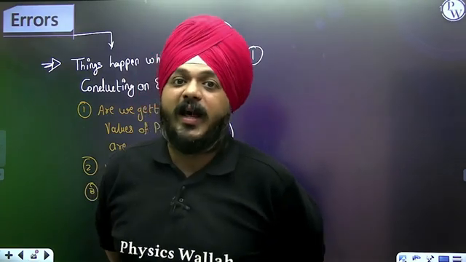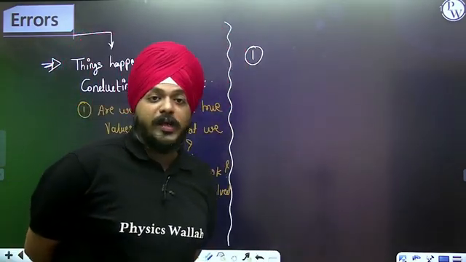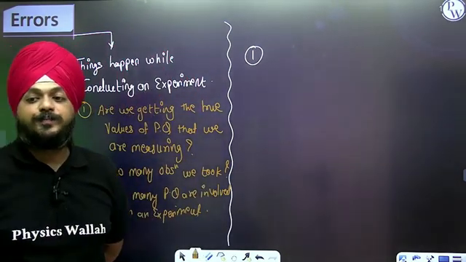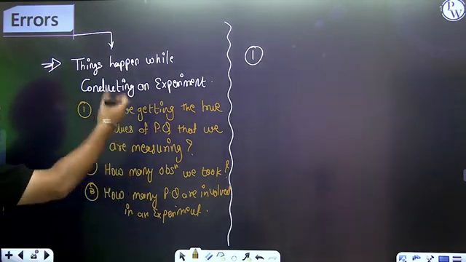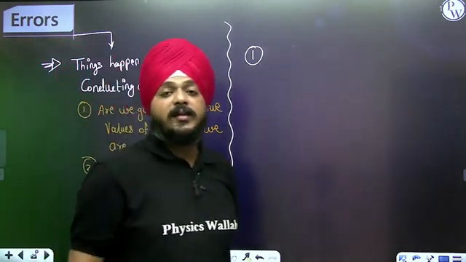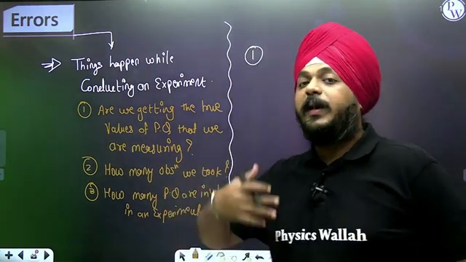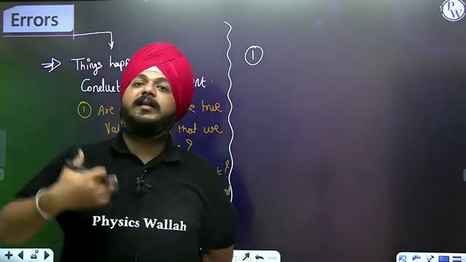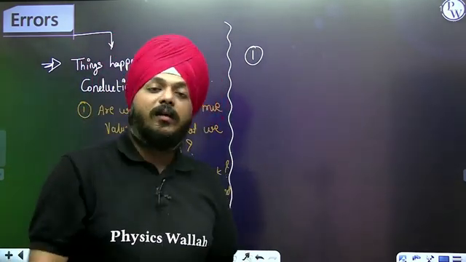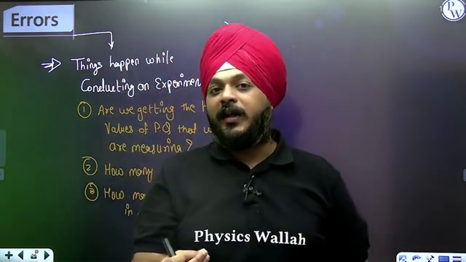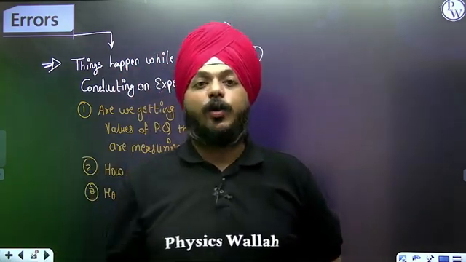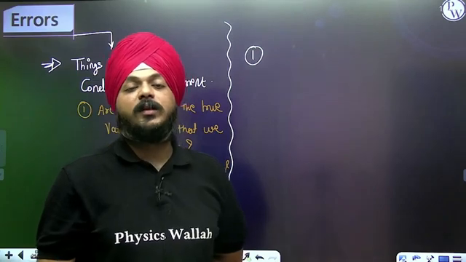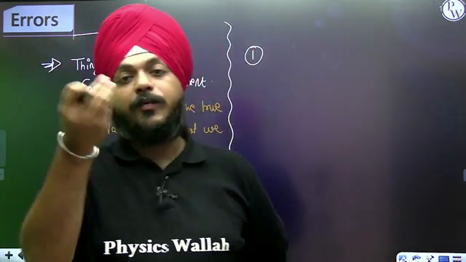Is there any kind of instrumental error? Are we at different locations of the earth, so because of that the value of g is getting differed? Lots of things are there. So these are some of the most noteworthy points that happen while conducting an experiment. Depending on this, lots of theoretical errors are defined, like systematic errors, random errors, instrumental errors, but those are all the theoretical part that you can see in three to four, or half a page of content written in the specific book. We can analyze it